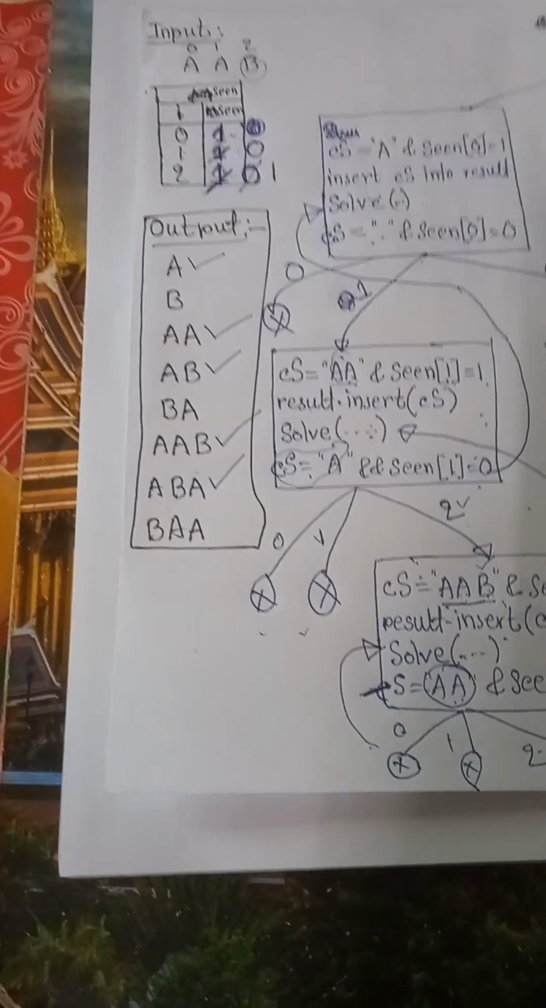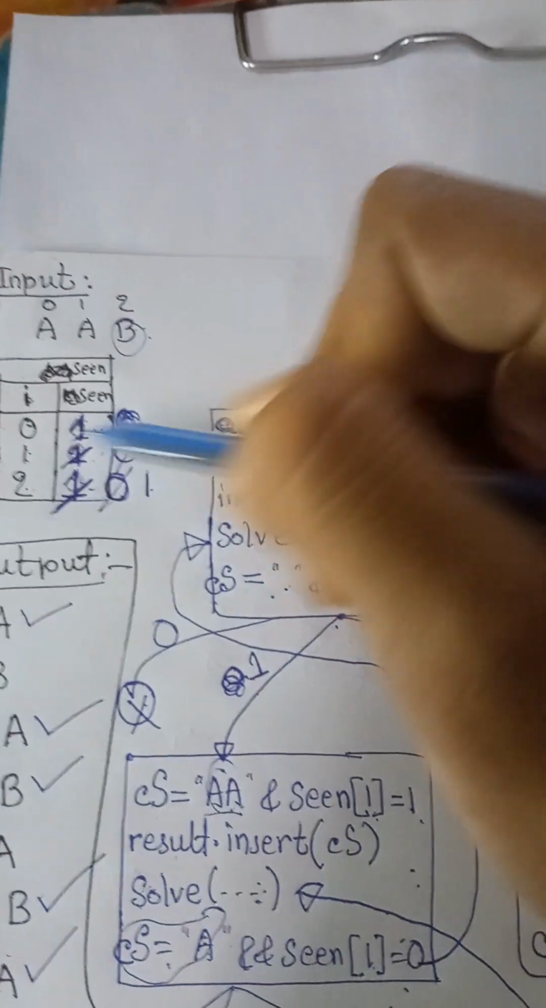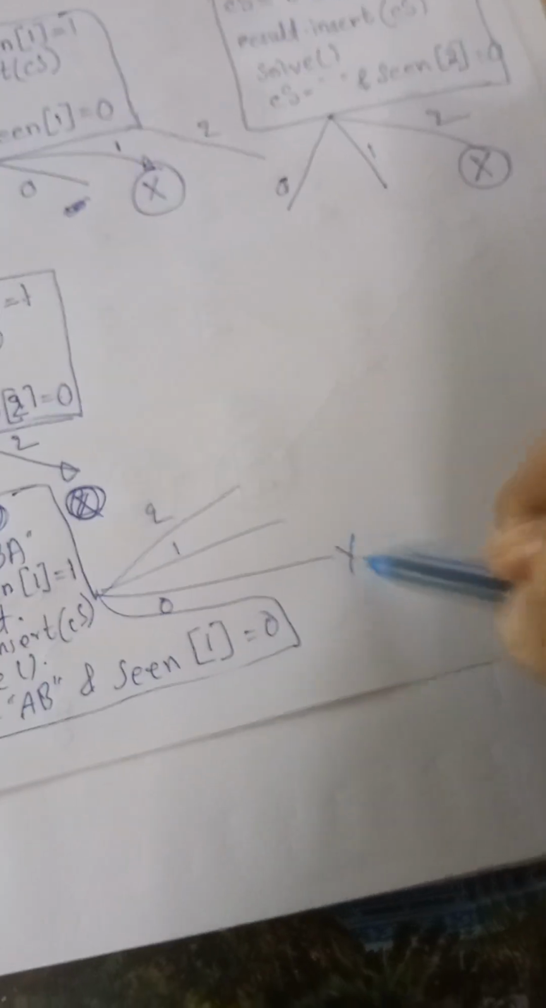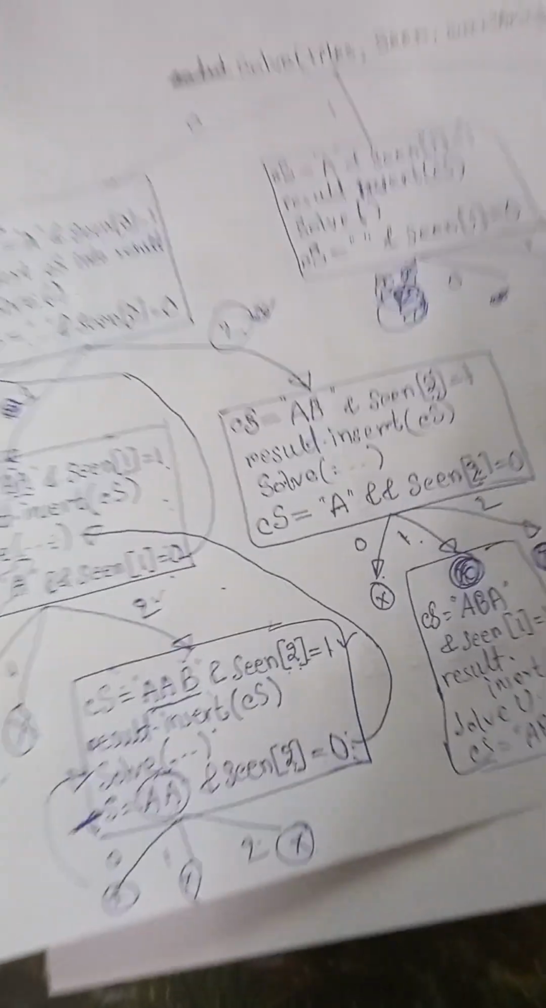Now while I'm calling this solve function, you can see seen 1 becomes 1, seen 1 becomes my 1, and while I'm calling here, at this point 0 is seen, 1 index is seen, 2 index is seen. So I will not go further. Here it is closed. I will not go further, so simply I will